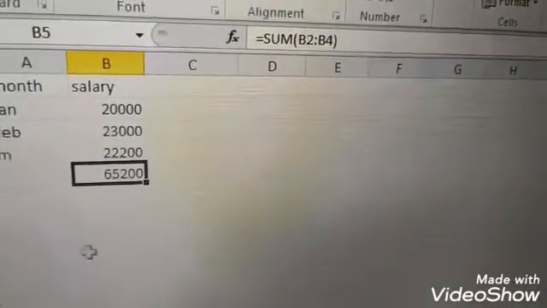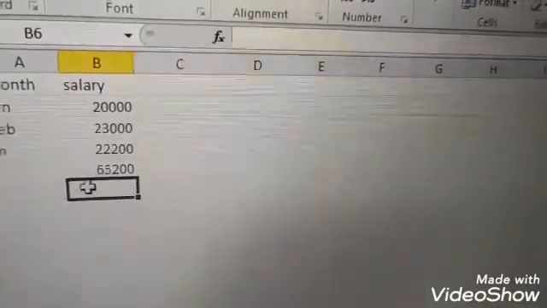In the same way, you can find the average with another function. What is the AVERAGE function? The AVERAGE function returns the average of the given values. So how to do it? Click on the cell where you want to find the average, then put the equal symbol, type AVERAGE, then select the range.